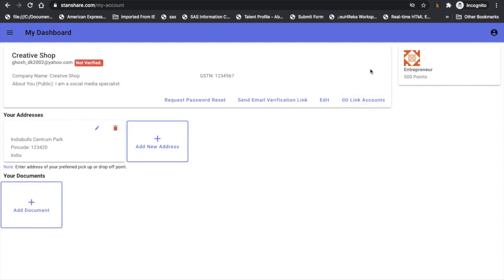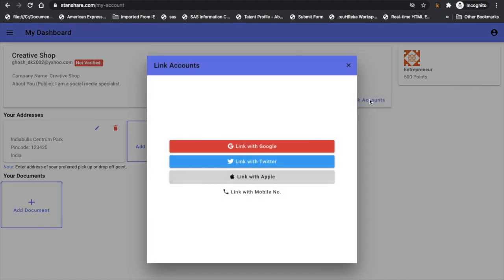The next important step is linking your account. Why do I need to link my account? I can do it later as well, but at this stage I'm linking my account because I need to add the mobile number. And we have a check using Google software where your mobile number has to be verified, that is authenticated using OTP. So we know that it's your mobile number and not someone else's mobile number. This is to keep the platform safe.